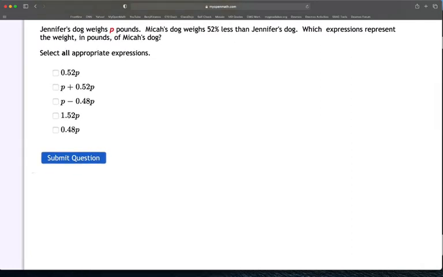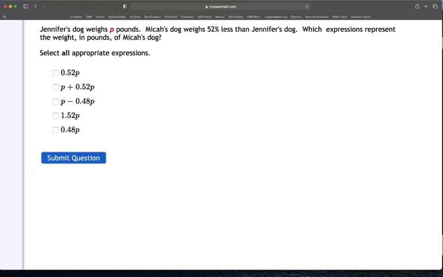Jennifer's dog weighs P pounds. P just represents a value, a number. Micah's dog weighs 52% less than Jennifer's dog. Which expressions represent the weight in pounds of Micah's dog? So we don't know anything about either one of them, except we do know that Micah's dog weighs 52% less